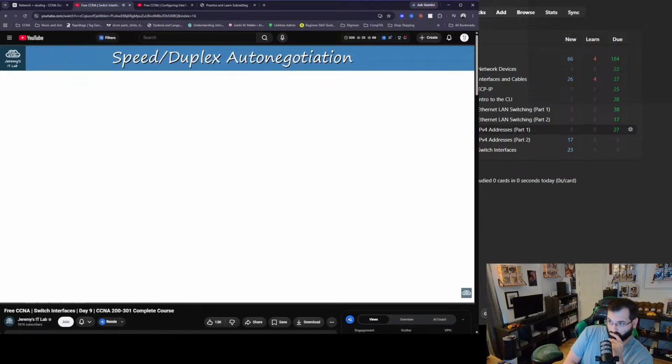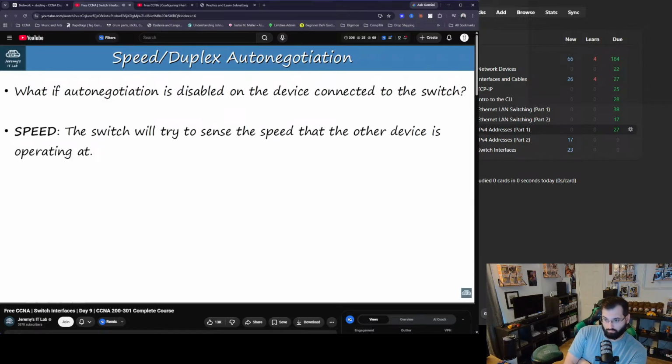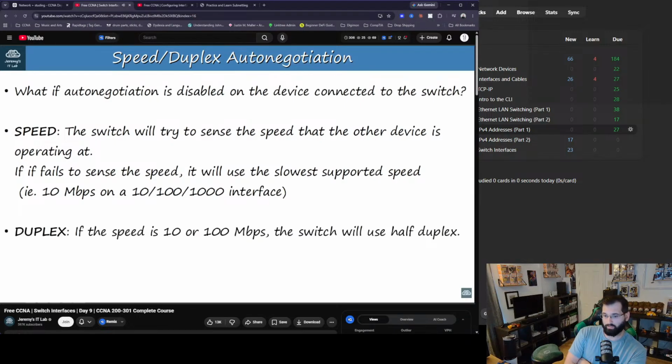Now let's talk about another situation. What if auto-negotiation is disabled on the device connected to the switch? So the switch is trying to auto-negotiate, but the other devices don't respond. Well, this is how the switch will respond. For the speed, the switch will try to sense the speed that the other device is operating at. If it fails to sense the speed, it will use the slowest supported speed, for example, 10 megabits per second on a 10/100/1000 interface. Now, as for duplex, if it ends up using a speed of 10 or 100 megabits per second,